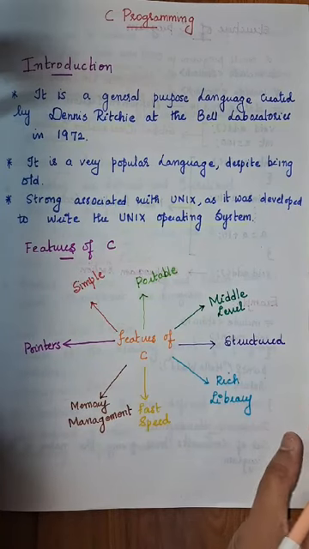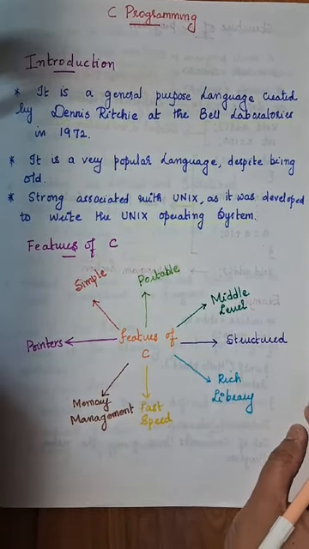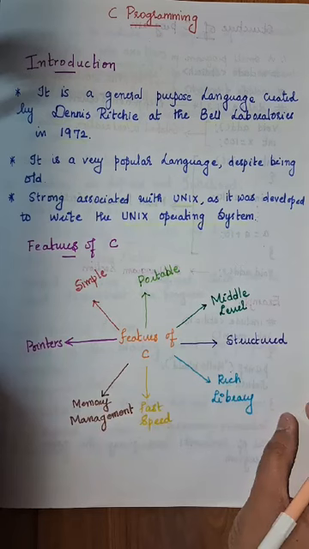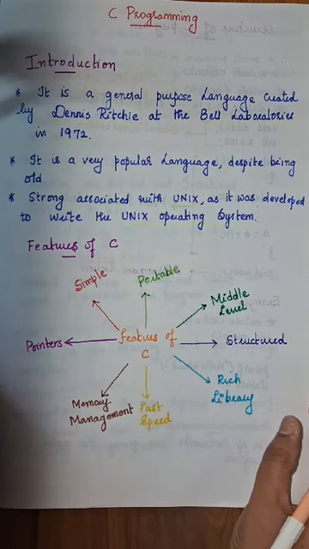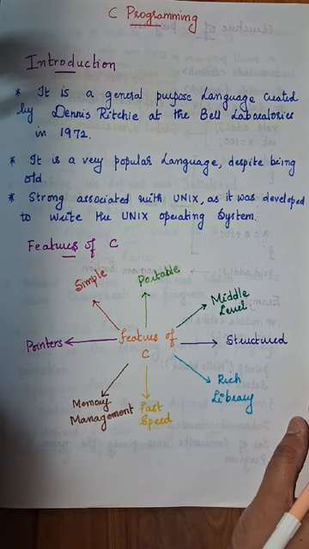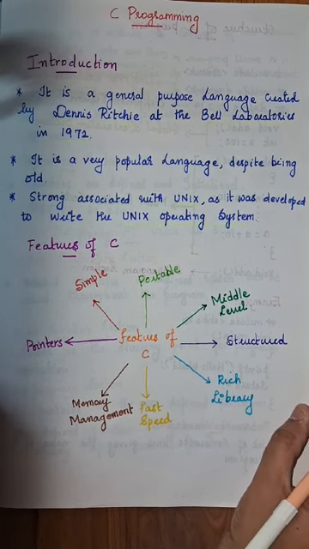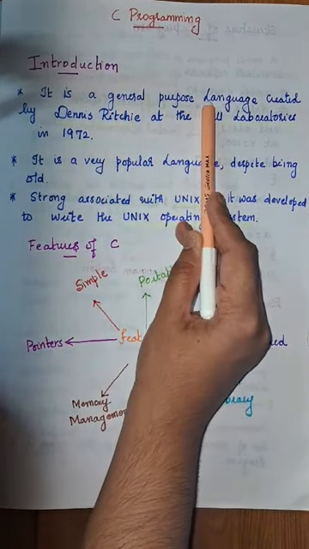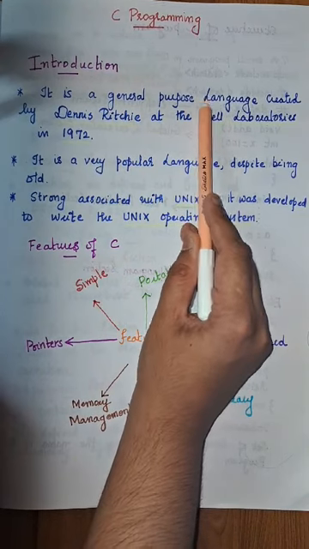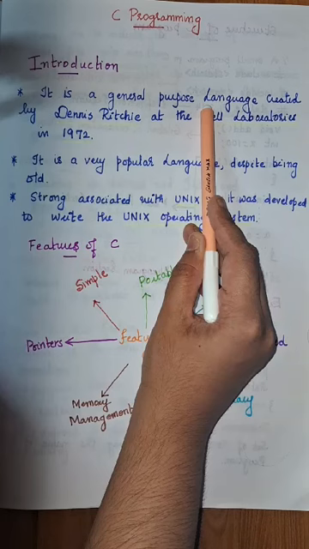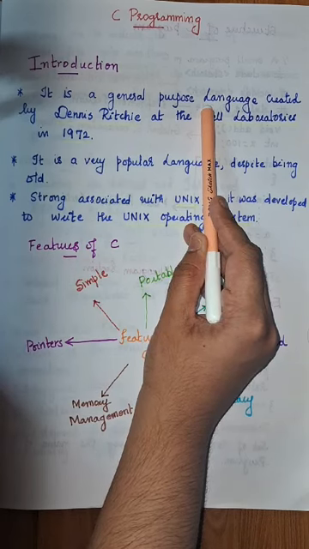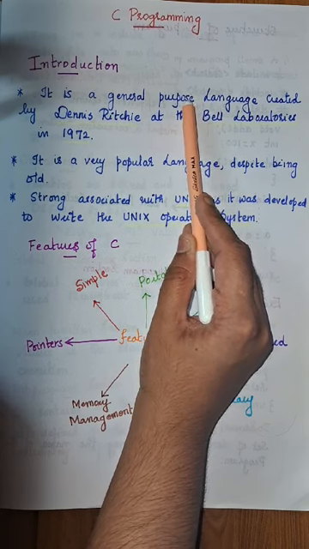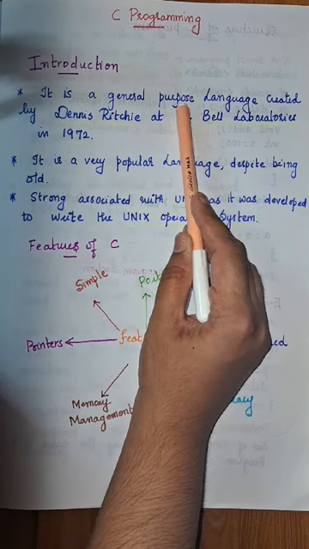Hello everyone. So today I am going to see the basic introduction of C programming. Before going to our main concept, let me give some basic introduction and some features regarding the C programming concept. C programming is a general purpose language. A general purpose language is nothing but the basic language as compared to C++, Java and other languages like Python. This is the first programming language which is being run in software, and this general purpose